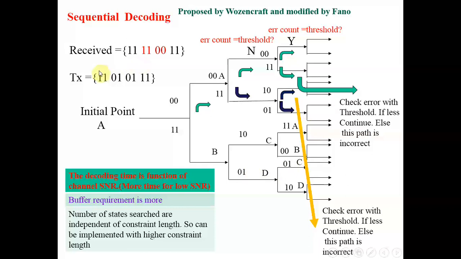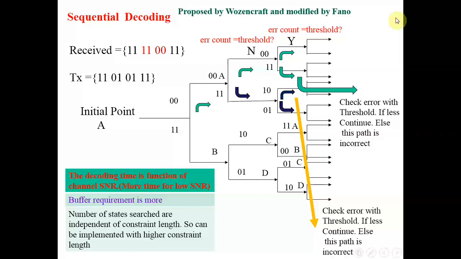Now this particular example is not sufficient to explore the complete philosophy of sequential decoding, because you need a number of stages to understand it completely. But in short, the algorithm says you follow a particular path, then calculate the error count, and keep updating it. Now you have some threshold to be decided. Say my threshold is X. At every node, compare the error count with the threshold. If the error count is equal to the threshold, I need to revert my decision.